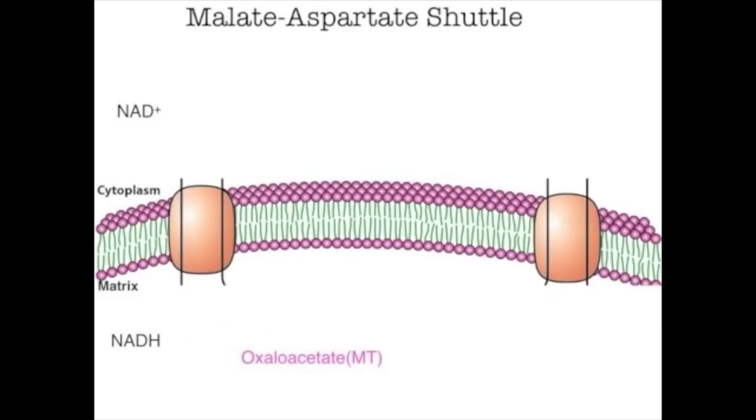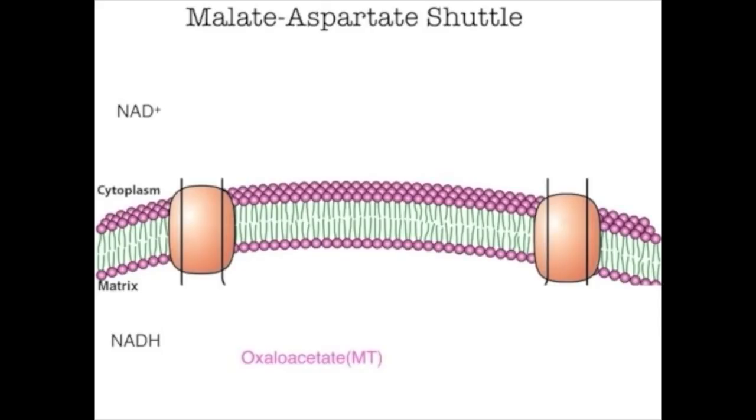However, what we don't want is a lot of oxaloacetate in the mitochondrial matrix, because this might slow up the TCA cycle. And so we're going to move this oxaloacetate out of the mitochondrial matrix. But wait a minute, we can't do that because we can't transport oxaloacetate directly out of the mitochondrial matrix. There's no transporter. So we're going to use another one of our tricks, and we're going to add an amino